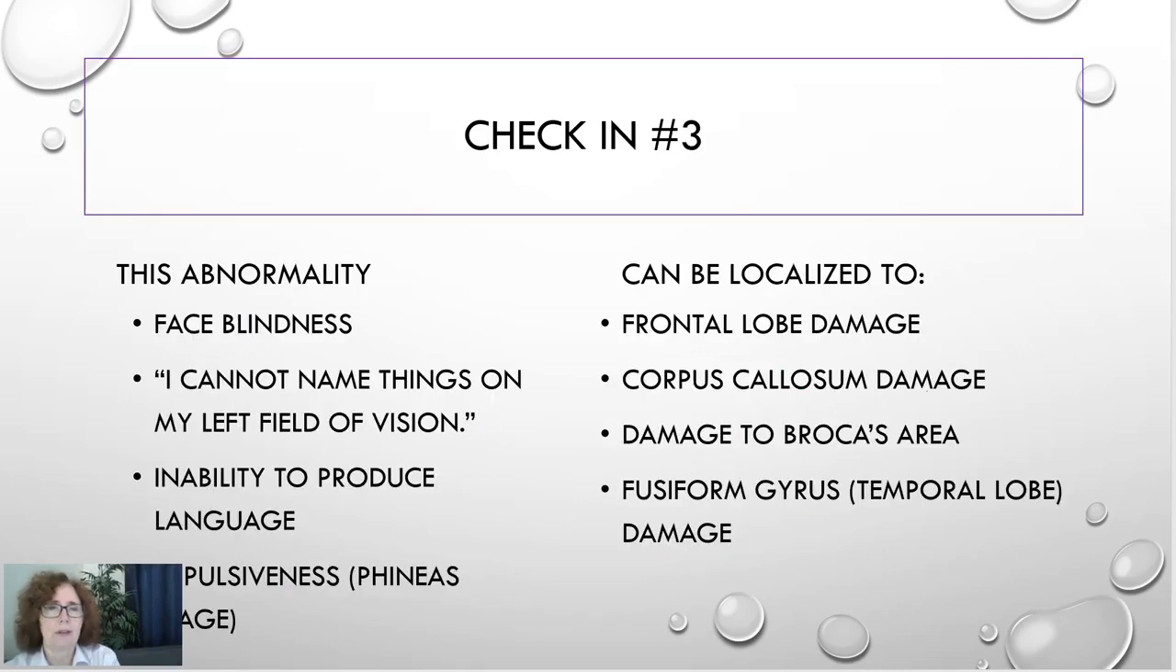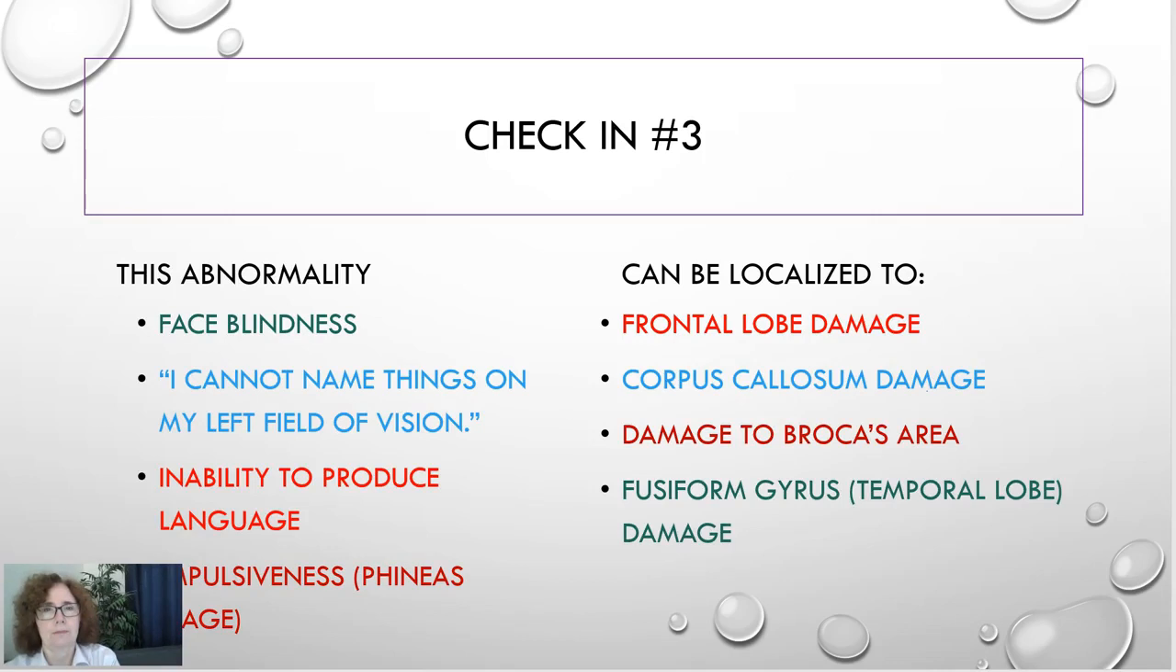Okay, make sure everything on the left, all these abnormalities, are explained in your notes. Which abnormality corresponds to which damage? Okay, there you go. So I did put inability to reproduce language and impulsiveness in very similar colors because the